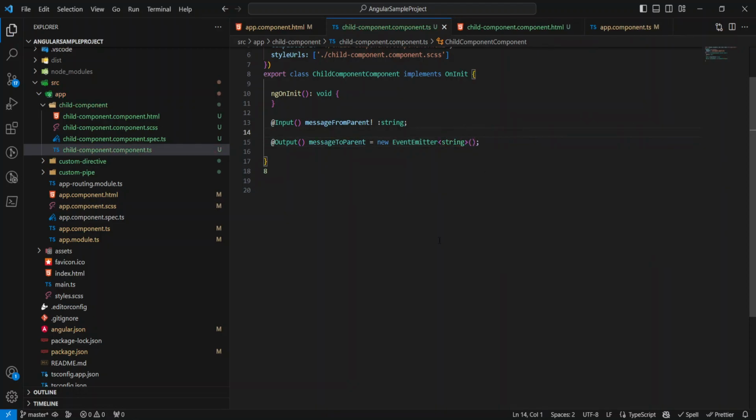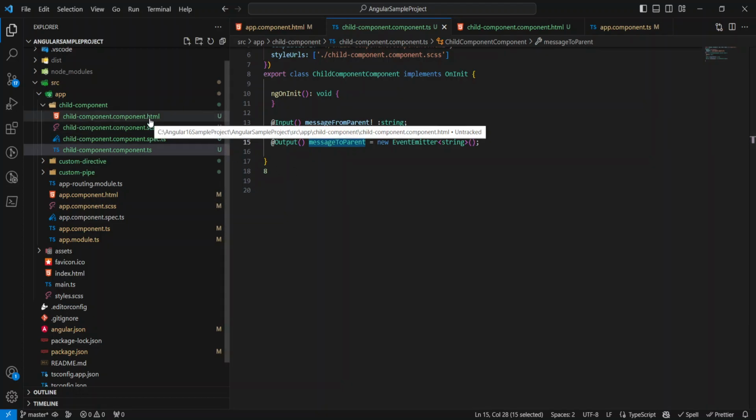For transferring the value from the child to the parent component, we use an event emitter that emits the value, whether it is a string, integer, or object, and in the parent component we will get that value when that particular function executes. So we will use this messageToParent,